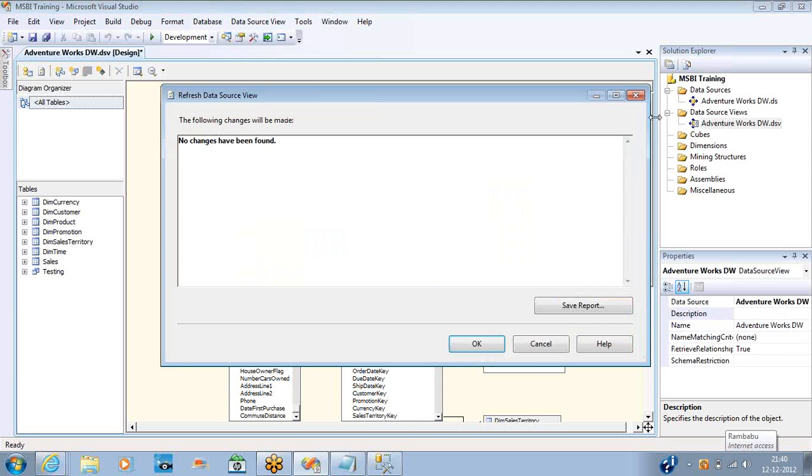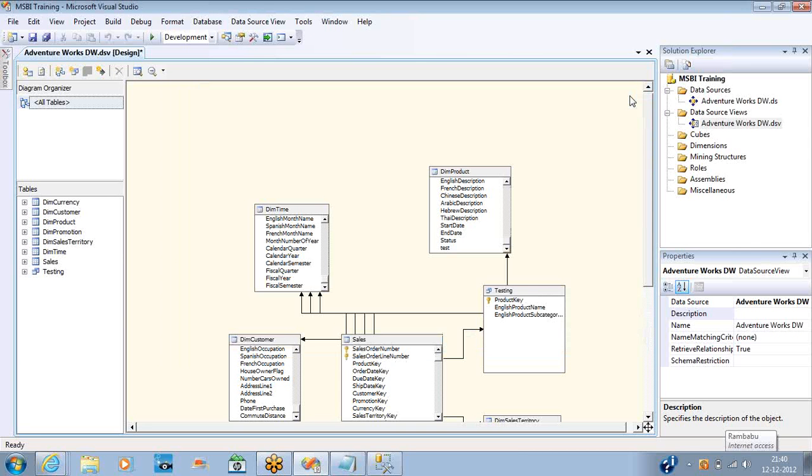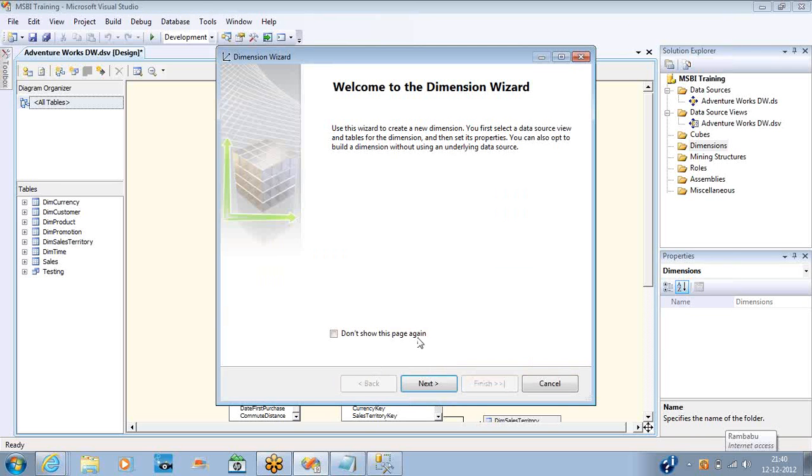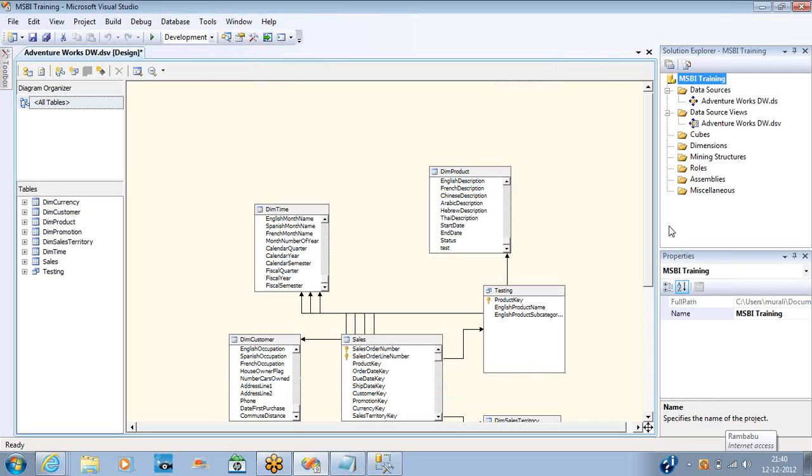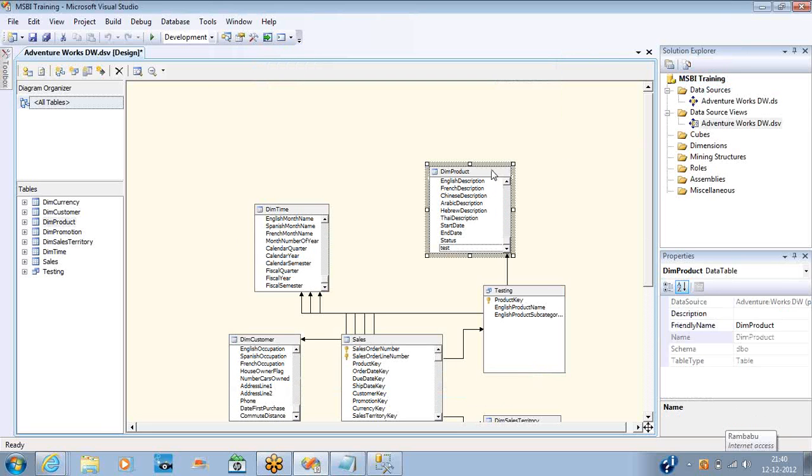So why is this not suggestible and why is refresh suggestible? This is a very important interview question. Why can you not delete and add the table back so that all the changes will come into the picture? People may ask you like this. So the reason is, if I add a table and I create a dimension using the table, not only a dimension, anything, any other objects, if I use this table,